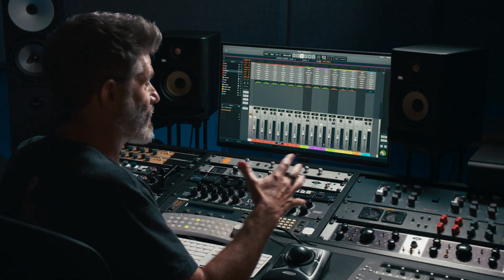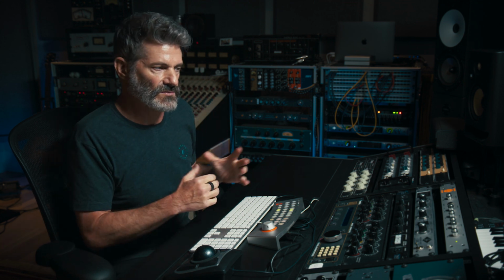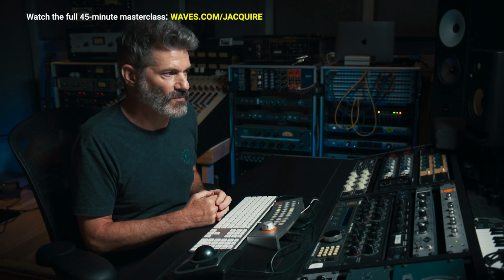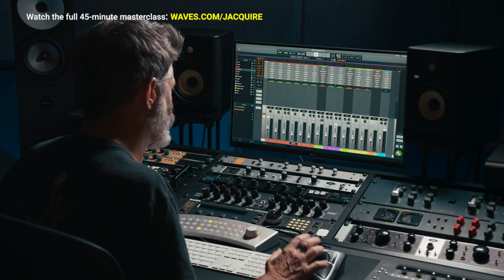So polarity is not necessarily only about all the individual microphones and elements of a drum kit. It's how it combines with other things. And I might have it all in a way that I'm very happy with the drums. I got a great drum sound. But if I don't make sure that I pair the bass with it properly, well, then the bass pulling the speaker when the kick drum's trying to push the speaker is going to make the drums sound erratic again. And so that's why these relationships matter so much to me, to get a mix to come together and be really, really present.